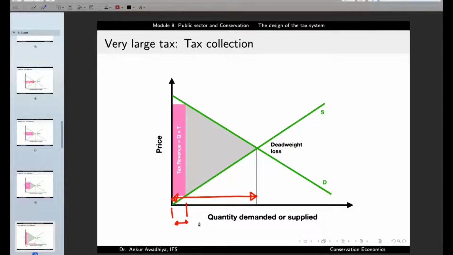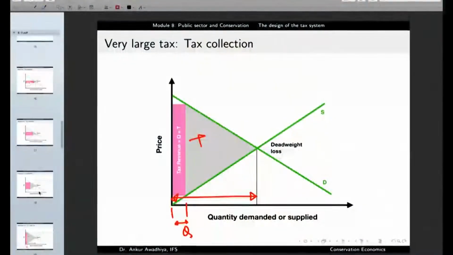And when the market has reduced to such a large extent, it means that Q is now very small. So even with a large size T, we will see that Q into T again becomes very small. So what we are getting from this is that a very small value of T will not provide sufficient money to the government. A very large value of T will also not provide a sufficient amount to the government. So the government should go for a value of T that is in between. And this brings us to the Laffer's curve.